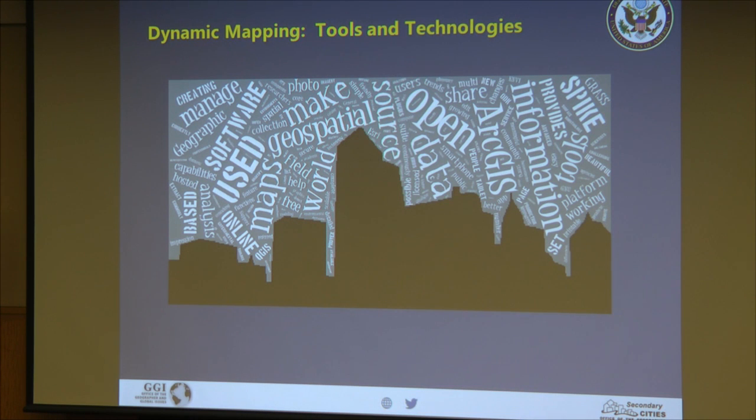So let's talk a little bit about dynamic mapping and what it is. I would argue that dynamic mapping is a process, a practice, and a product. And in terms of thinking about a process, it's composed of people. You're all here. You're all participating in this in some way. People determine what data to collect, how to collect the data, the approach for data collection, who is going to participate, who is going to examine, and who's going to use it. So it's made up of a whole number of different actions that people participate in.